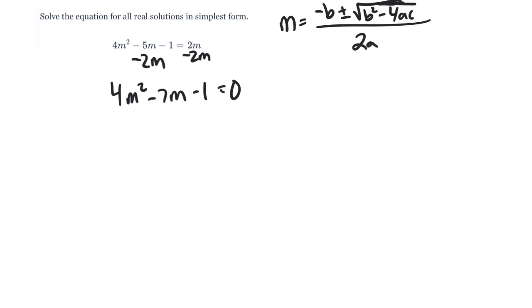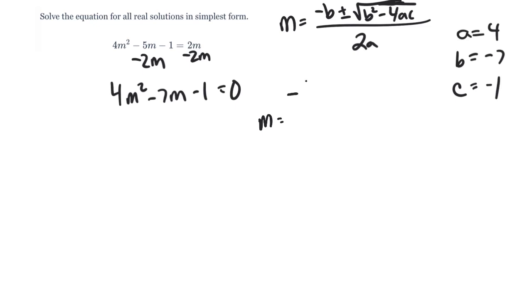So let's go ahead and determine what our values are. Our a value is 4. The b value is negative 7. The c value is negative 1. They come from here. A value 4, b value negative 7, c value negative 1. Don't write the letters. You don't ever write the variables here. All right, you're done with those variables. You don't need them anymore. So I'm going to have m equals